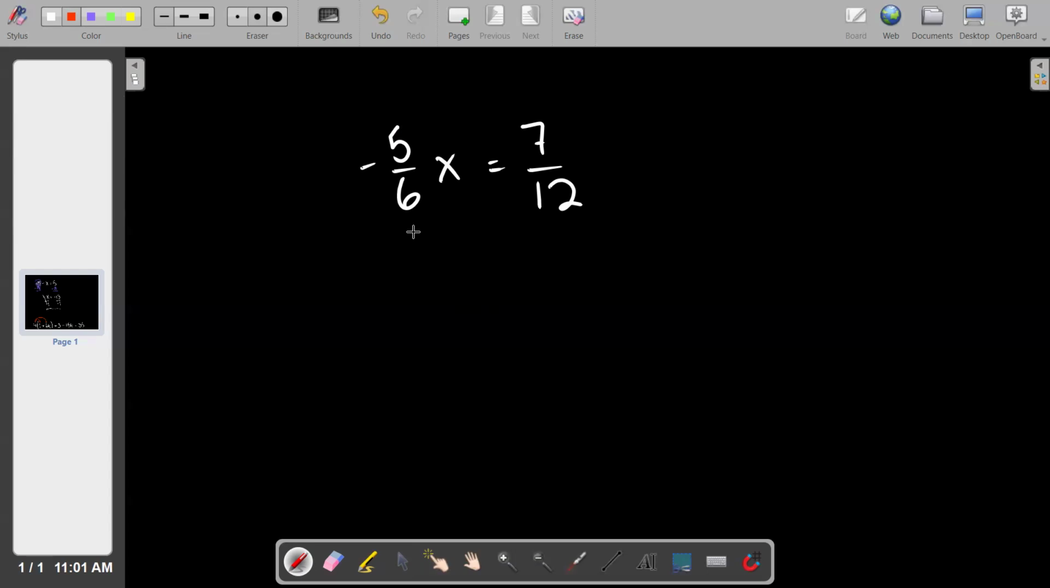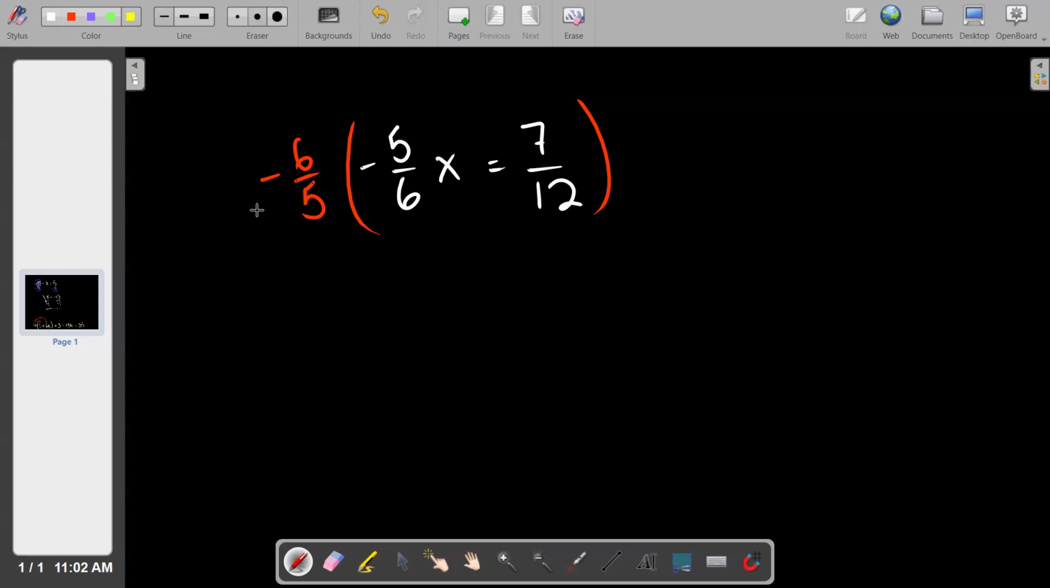Yeah, this is a multiply attack. So we're going to parenthesize the whole equation, and we're going to multiply by what? -6/5 on both sides. Yeah. And I can say that 179 times, and